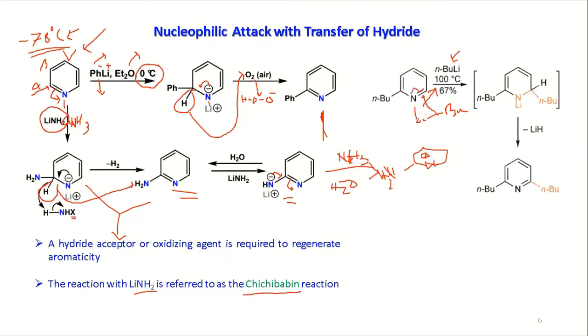Okay, and you have this negative charge development on nitrogen, and you have the butylation, followed by aromatization. You can think that lithium is here, so hydride comes out as lithium hydride. Even if you don't give any oxidizing reagent, lithium hydride can still come out, and you have the alkylation at the alpha position. So this is another example. Remember, this is a nucleophilic reaction, so you need elevated temperature. You don't need to go for very low temperatures like minus 70 degrees here.